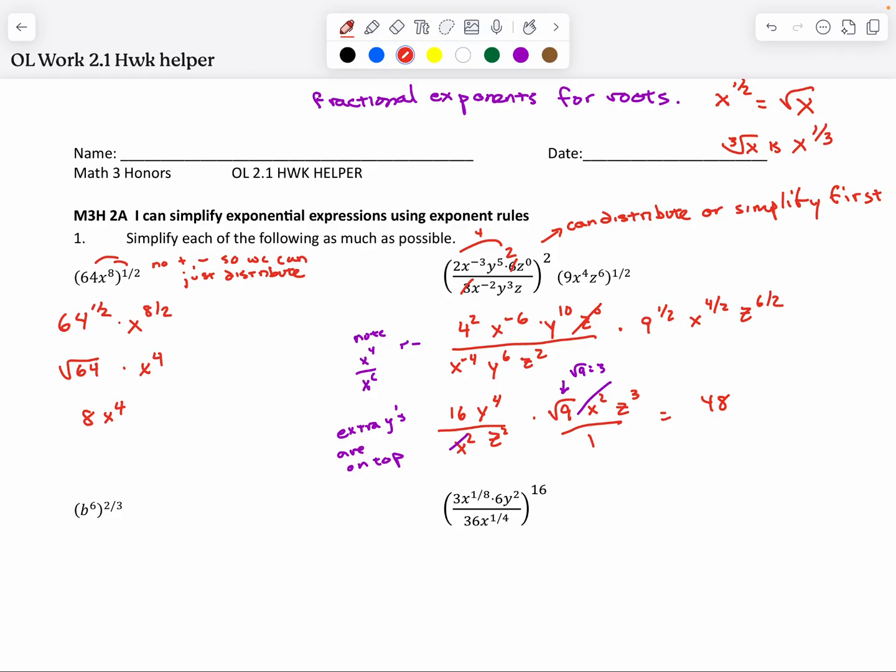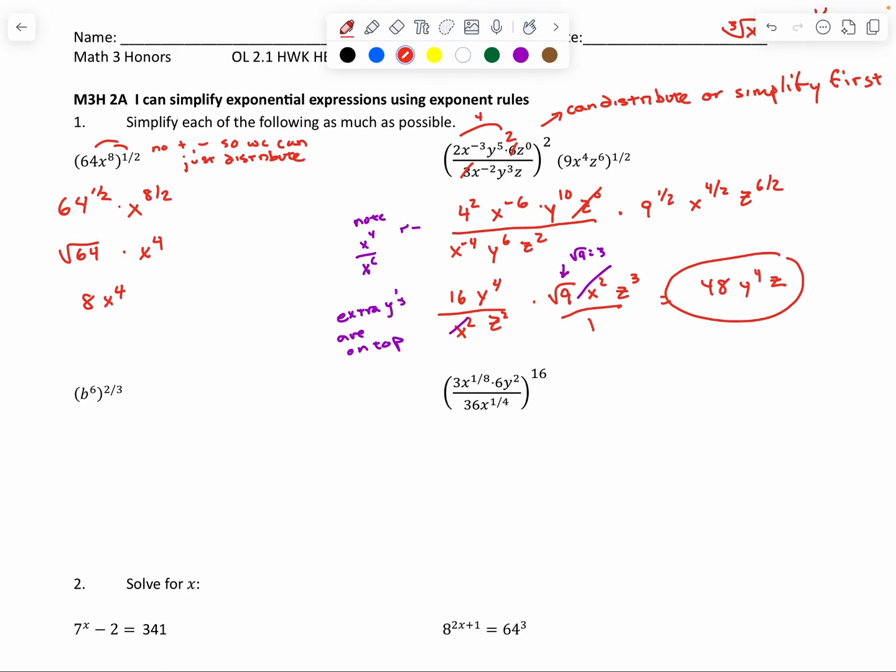Then one variable at a time. Let's see, the x is canceled. We got y to the 4th on the top. We got 3 z's on top and 2 z's on the bottom, so we have the extra z on the top, and that's it. When it's complicated, it's helpful to circle the answer. When it's simple like this,